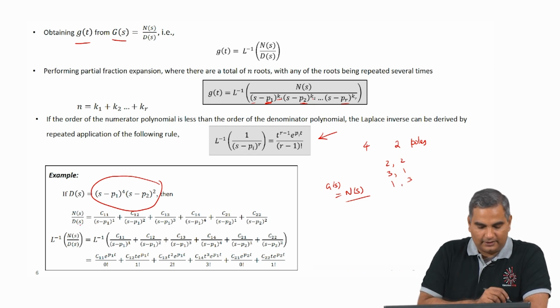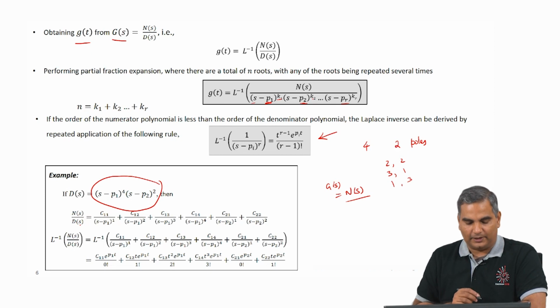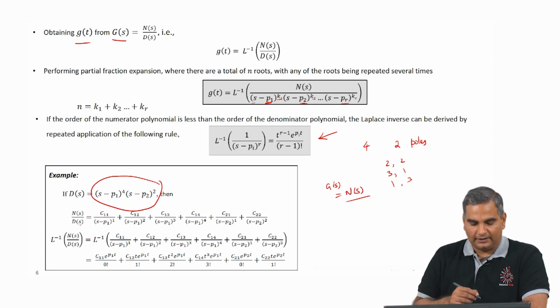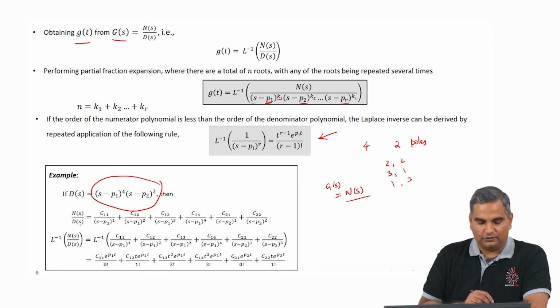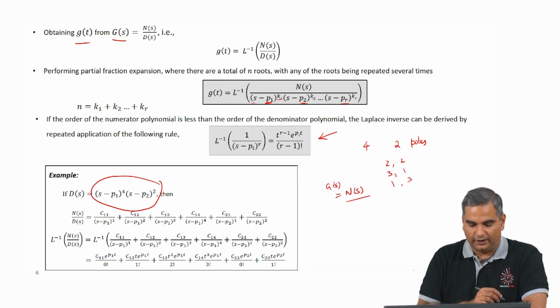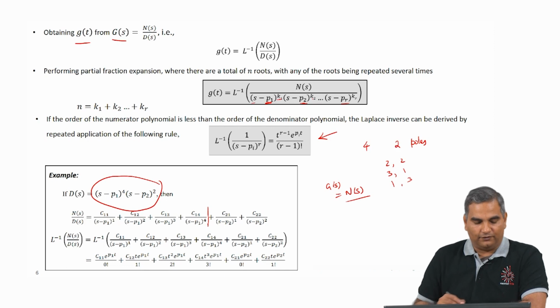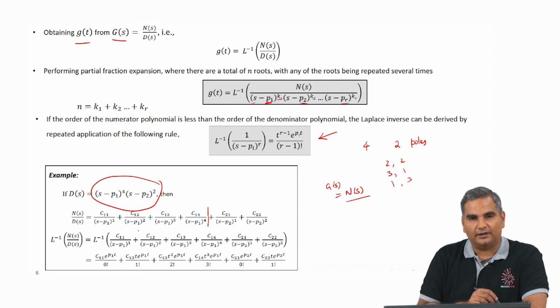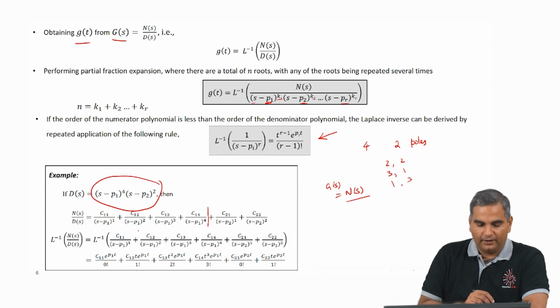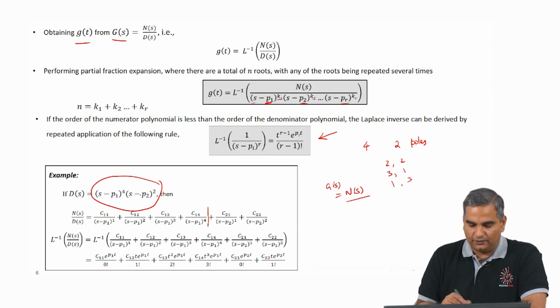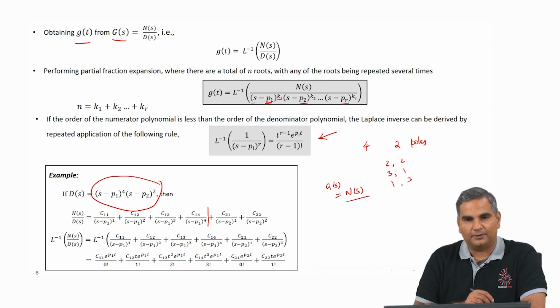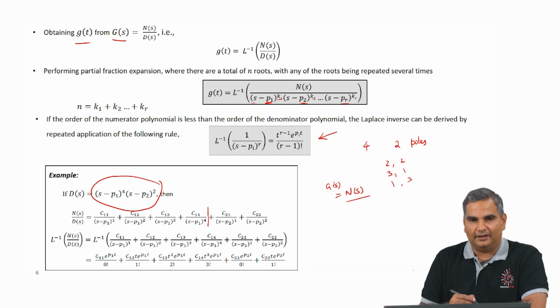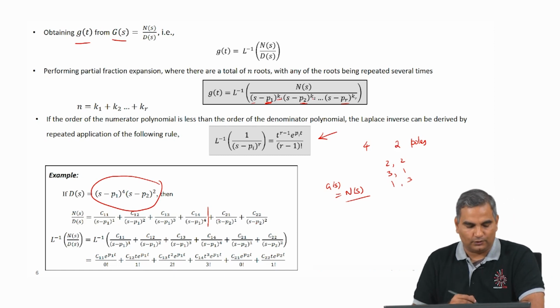So, when I write this like this, now when I do a partial fraction expansion, the simple rule is you will get as many terms for a root or a pole as its repeats. For example, p1 is repeated 4 times, so I am going to get 4 terms for p1. The first term will have in its denominator s minus p1, the second term will have (s minus p1) squared, the third term will have (s minus p1) cubed, and the fourth term will have (s minus p1) to the power 4. And p2 is repeated twice. So, the first term will have s minus p2 and the second term will have (s minus p2) whole squared. So, it is a very simple pattern that keeps following. If it is repeated 5 times I will have one more and so on.